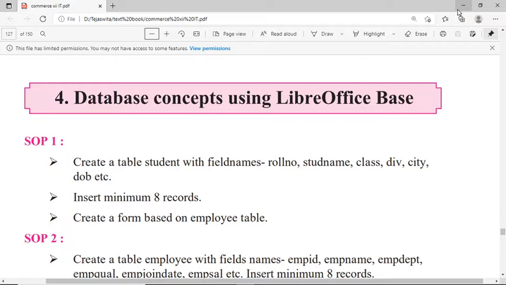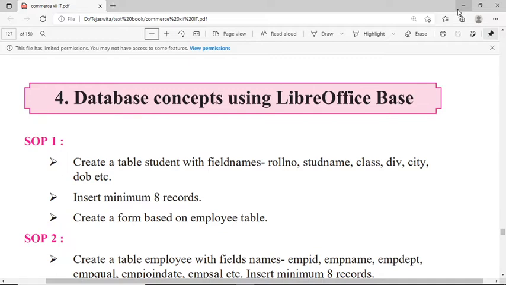Next, create a form based on employee table. So we are going to create one employee table, and on that table we are going to create a form, right? So this is a practical one.